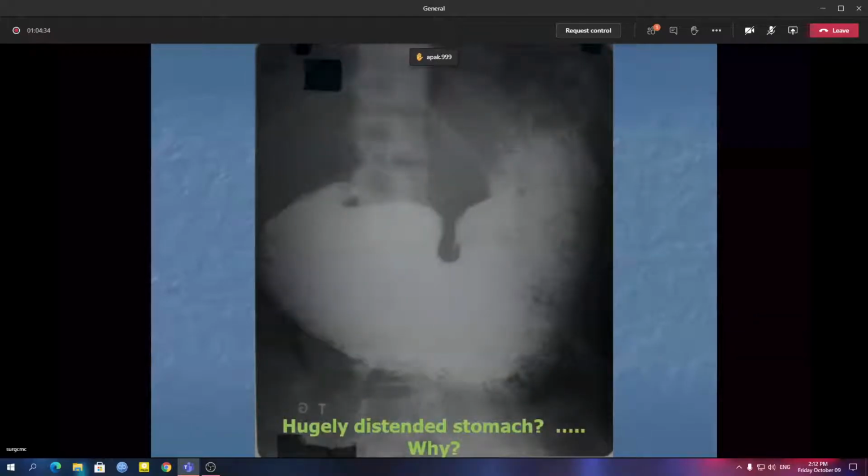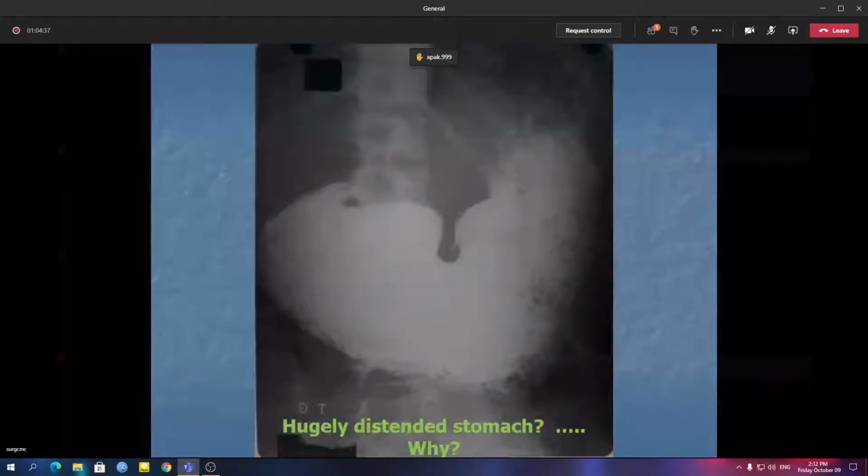Sir, how are you sure it is stomach? It could also be a transverse colon. Interesting question. Why am I sure it is stomach and not transverse colon? First of all, I have given the dye orally. So the first thing that will be visualized is esophagus, then stomach, then jejunum, then ileum, etc. I am not getting picture anywhere of the small bowel. I am getting dye within the upper part of the GI tract, that is within the stomach first. So how can a dye from stomach get into the colon bypassing the jejunum and ileum?